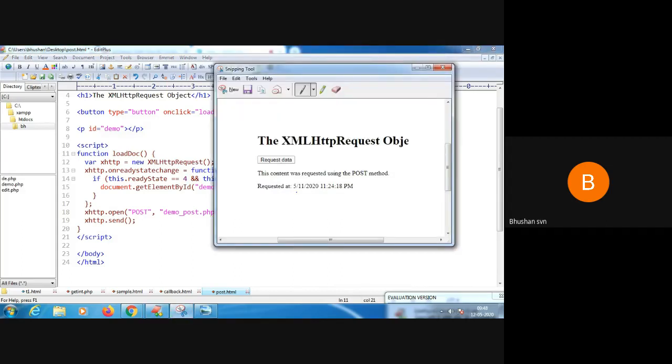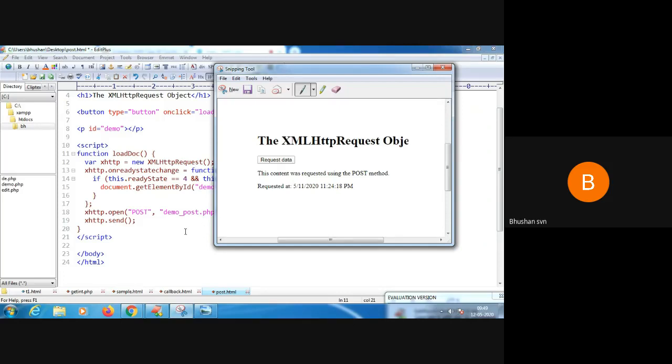What is that response? You can see that in my demo underscore post.php, I have written echo, this content was requested using the post method. So echo requested date, and I create an object of the date functions and I am going to display this specific value.